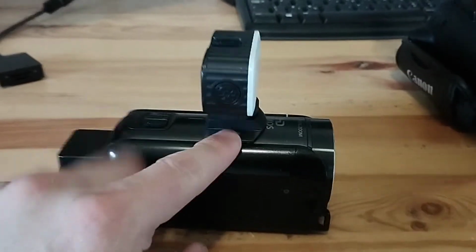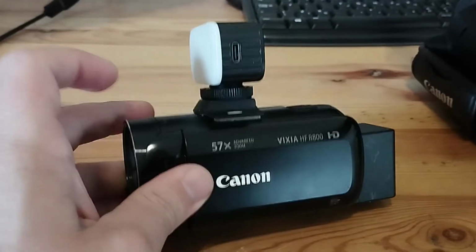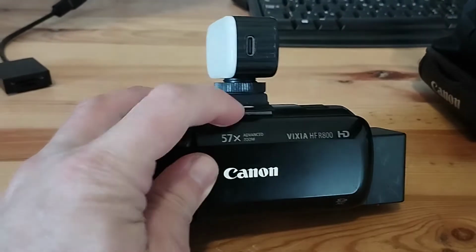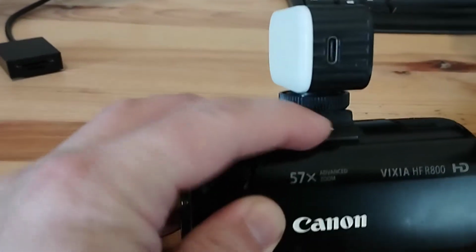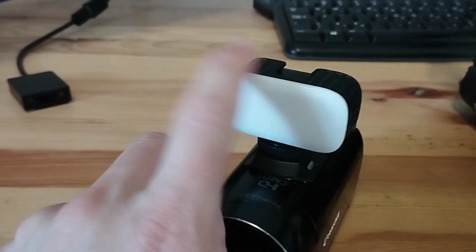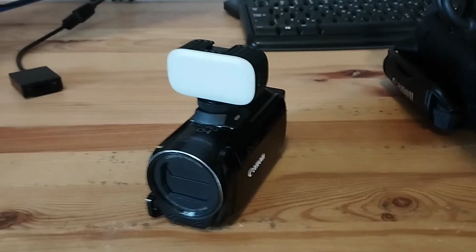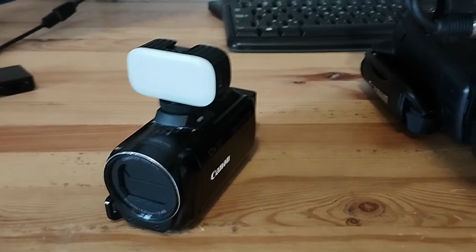It doesn't have a cold shoe, which is one of its disadvantages. So I bought a few brackets, like L brackets, to get accessories on it. And I also bought this little adhesive cold shoe thing from B&H. You can see it's not the sturdiest thing in the world, but it's not so flimsy that stuff pulls off it. So it actually does work. So that was my first camera, and I've used this